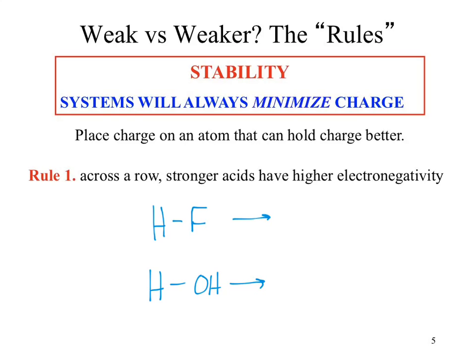What happens if we add these to water? We're going to assume they're reacting as acids, so what's our product for the first one? Don't look at the equilibrium. We're not evaluating that. We're assuming it acts as an acid. We get H plus and F minus. What happens in the other case? H plus and